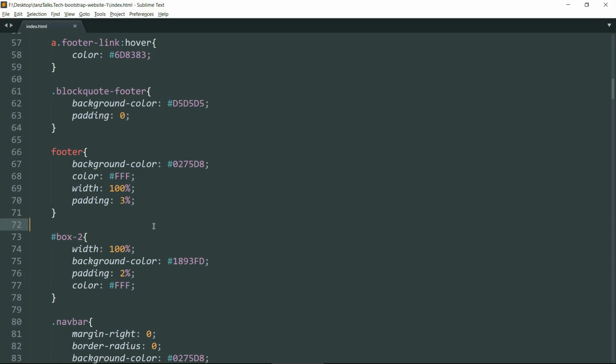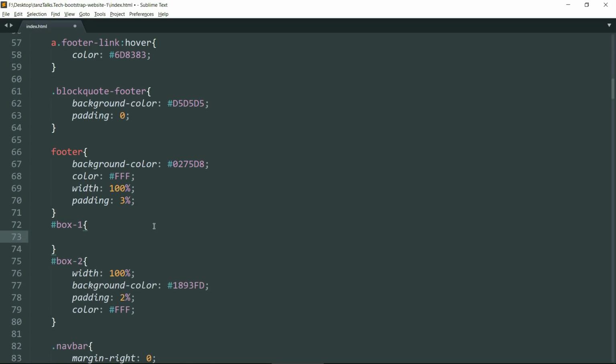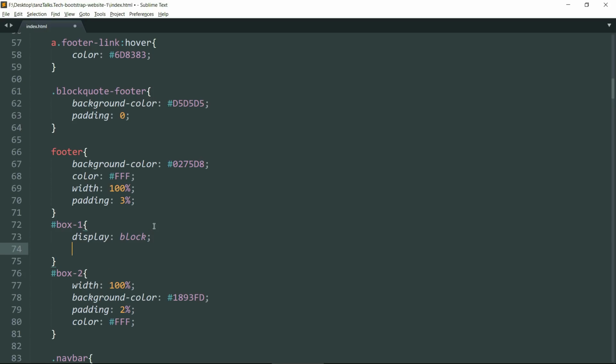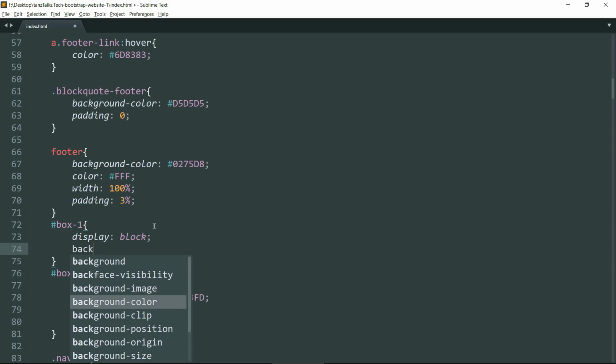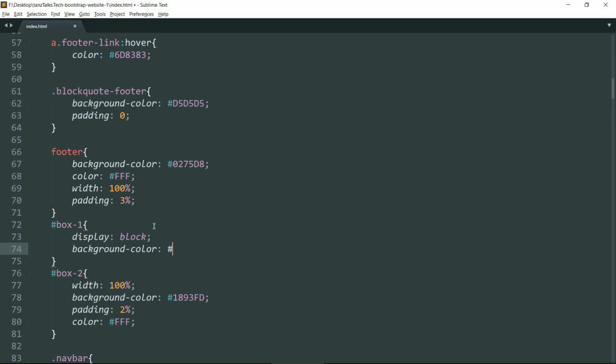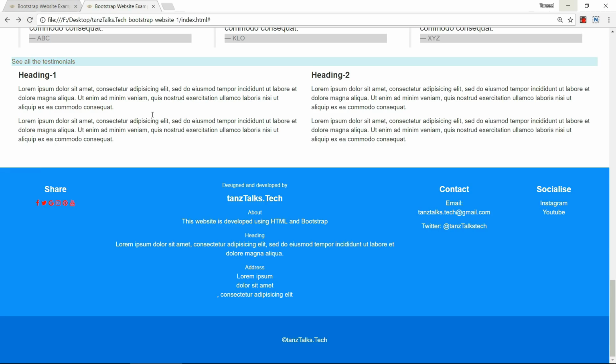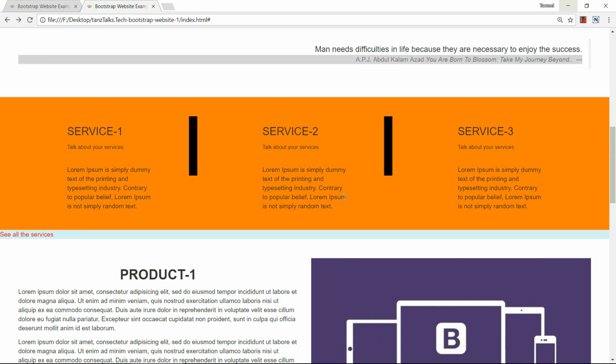Now type #box-1, give it display as block, give background color #ff8000, save it. Now this box 1 is the box for the quote that we have.